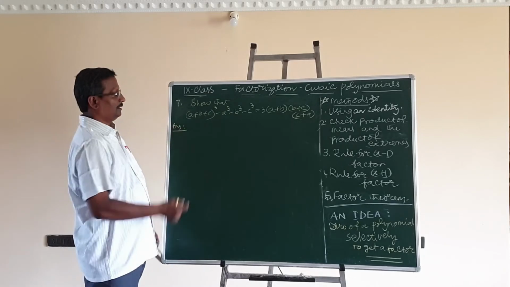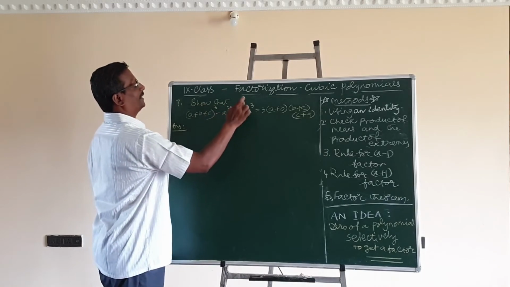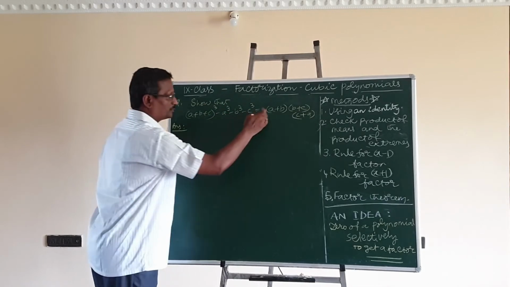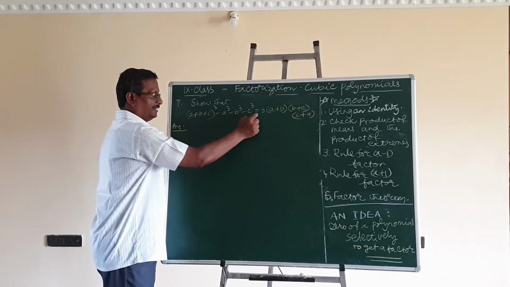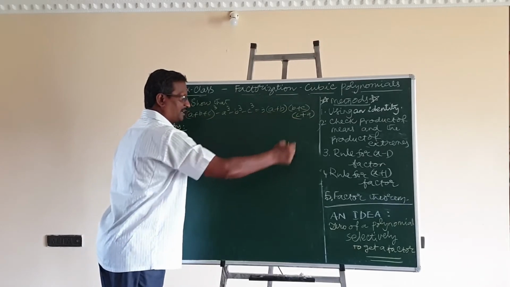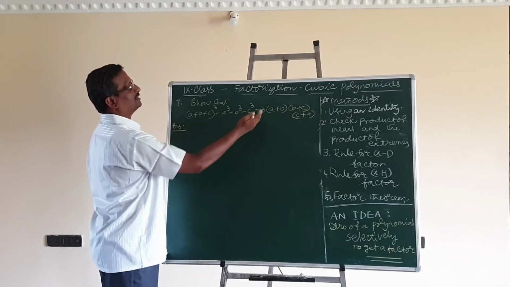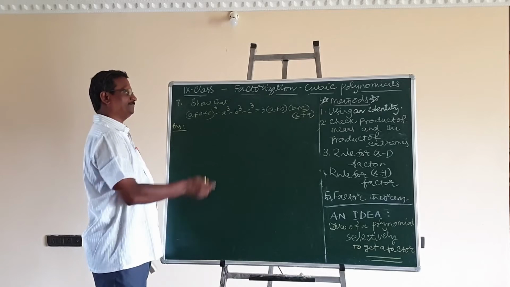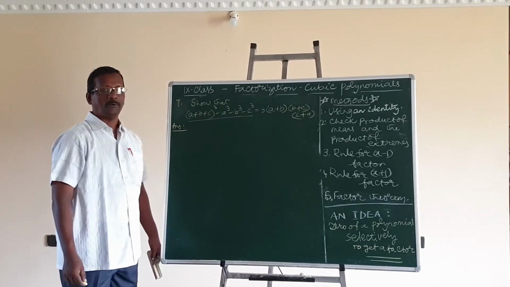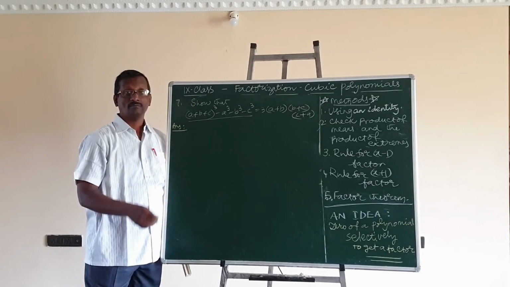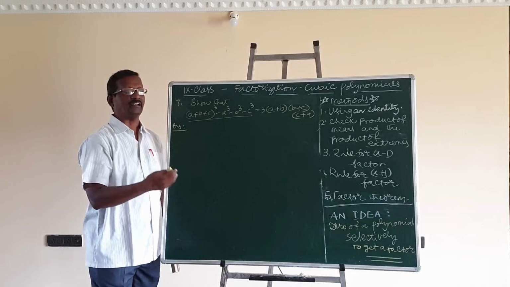Here, a plus b plus c whole cube minus a cube minus b cube minus c cube is equal to this. It is needed to prove. It is a polynomial equal to a product of three linear polynomials or smaller polynomials. Therefore, this is factorization. In fact, this kind of polynomial, the LHS is a polynomial. Polynomials of this kind are called cyclic polynomials. Cyclic polynomials are slightly different.